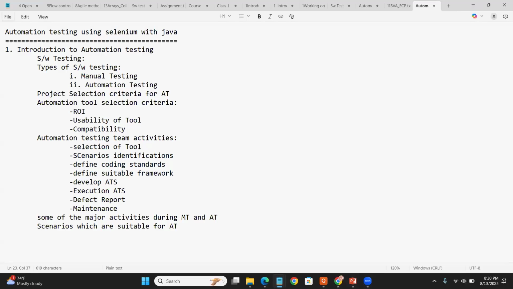Those kinds of scenarios we are going to prefer for automation testing, like build verification test scenarios, regression test scenarios. The retesting scenarios are preferred for